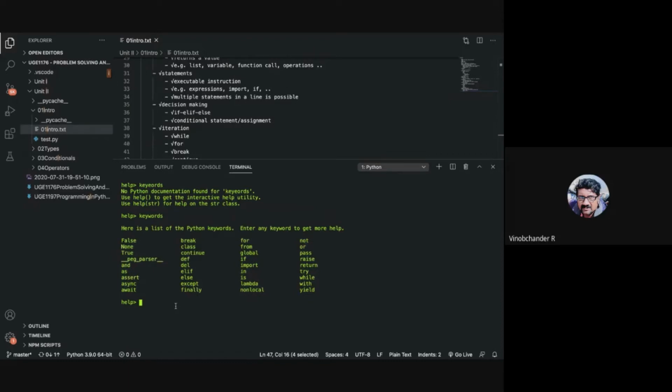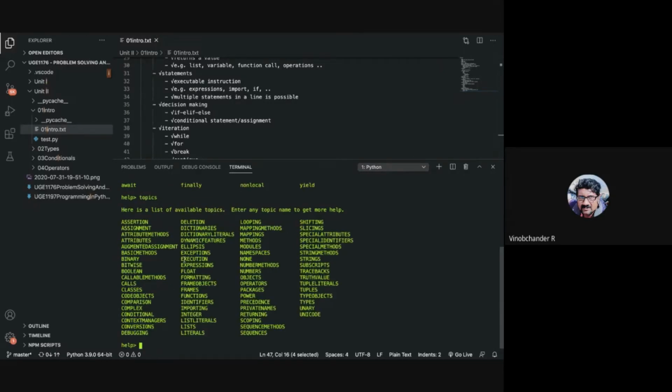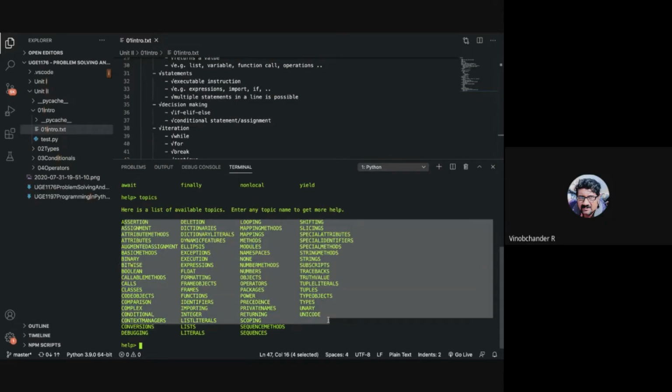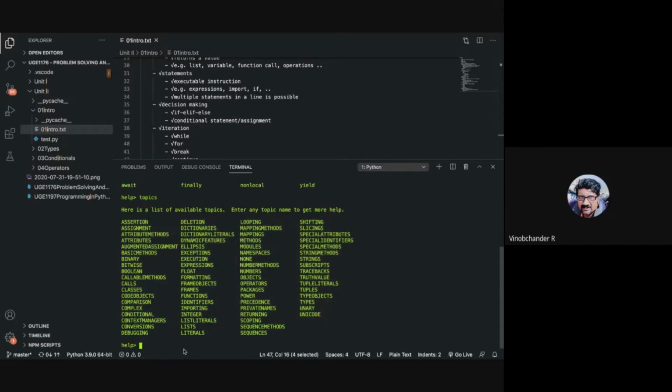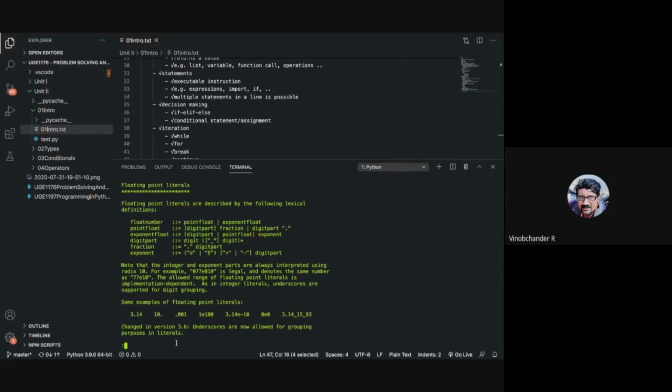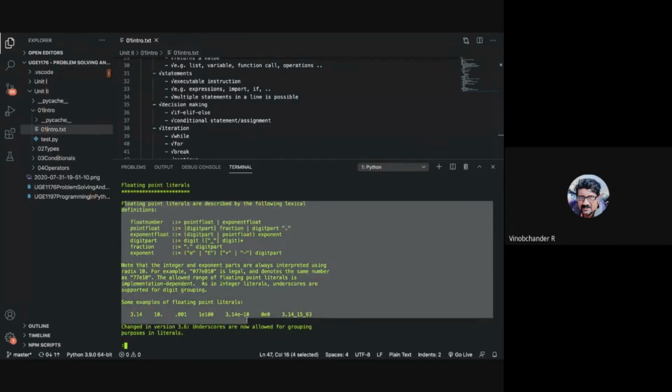Apart from keywords, you can also look for topics, to look into the different topics and the documentation about them. As you can see here, you have topic-wise explanation. Say for example, if I say float, it gives me some documentation regarding floating point literals.